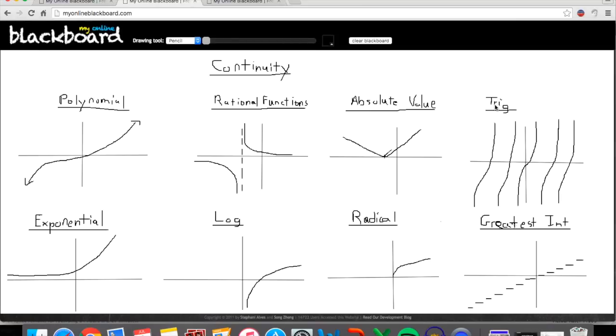Trigonometric functions are continuous in their domain, meaning that for sine, for example, it's continuous everywhere. For tangent, it has infinite discontinuities at every pi interval. Remember, the interval for tangent is pi. So at every pi, there's a discontinuity called an infinite discontinuity. Another trig function, remember, this is similar to the rational function. For the tangent function, when cosine of x equals 0, tangent of x is discontinuous because tangent